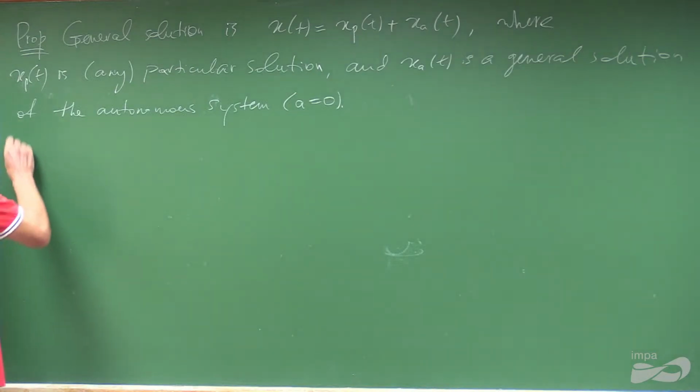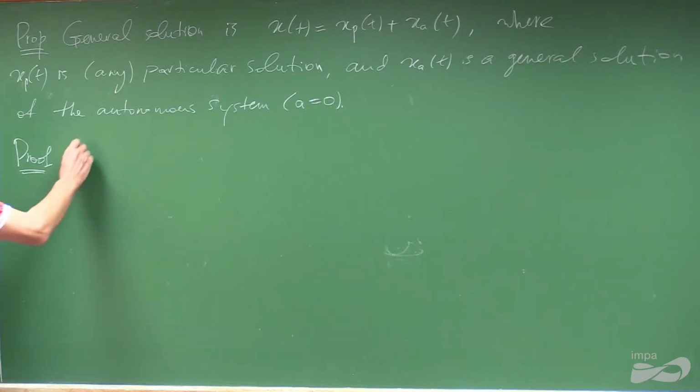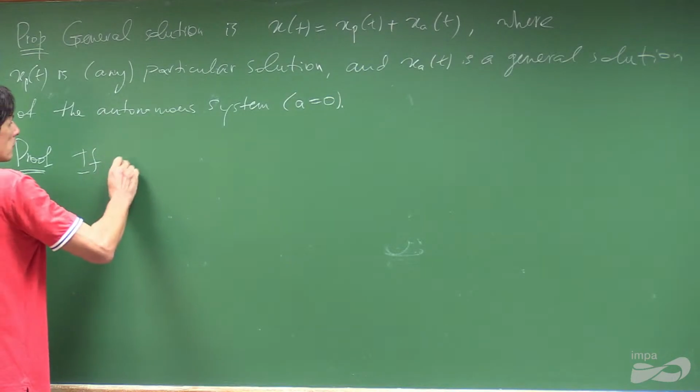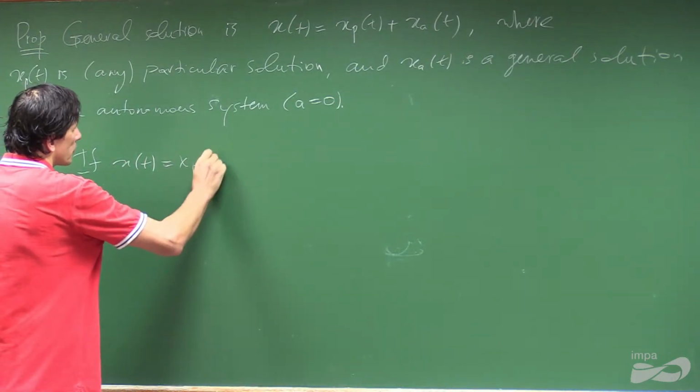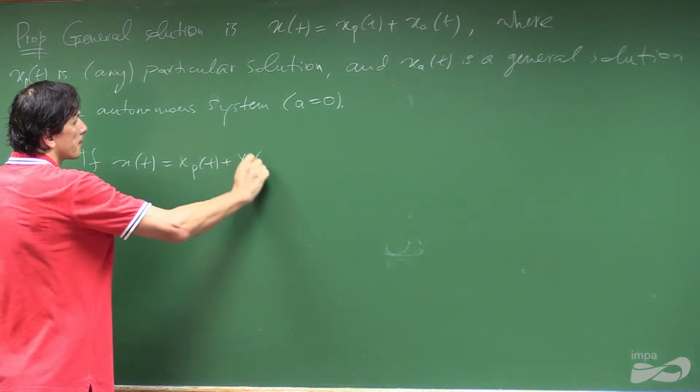So the proof is essentially: if x of t equals xp plus xa,